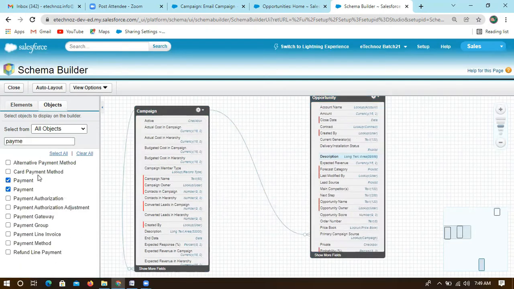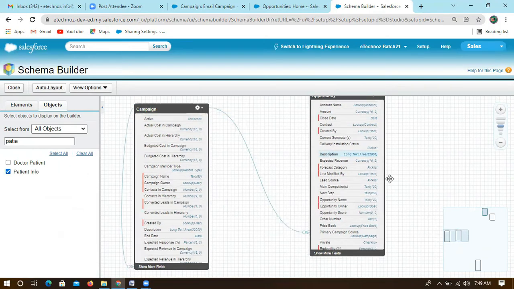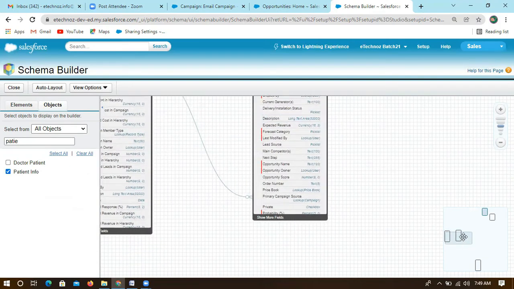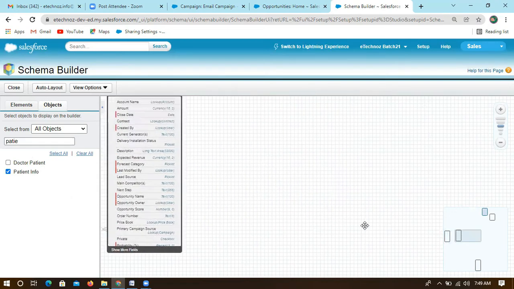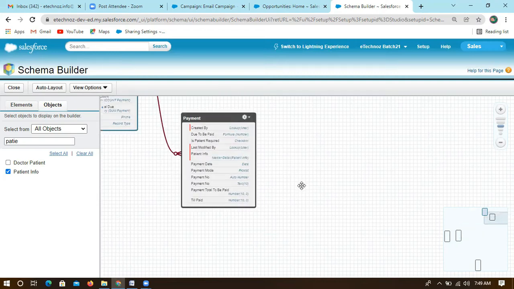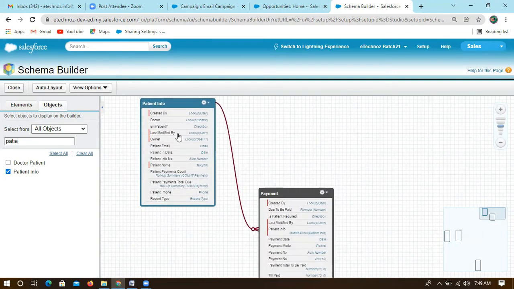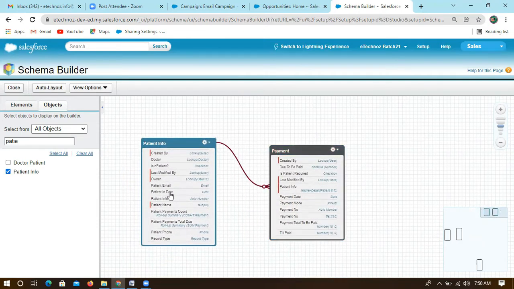So payment, and then we created doctor and patient, right? So patient info. If you just check those two as well, you can also see the fields here, these are all the fields. Now this payment is connected with patient info, and which is